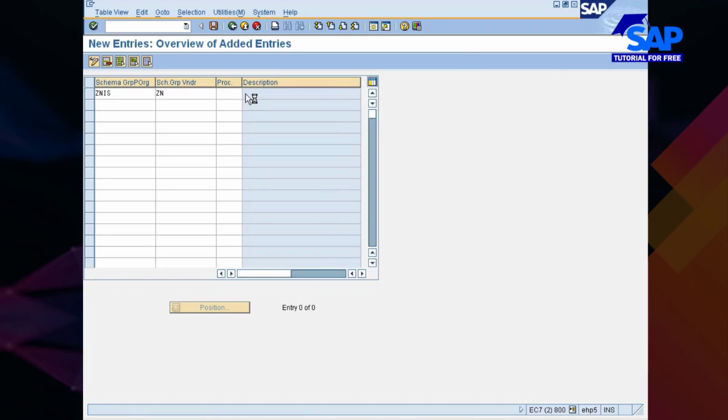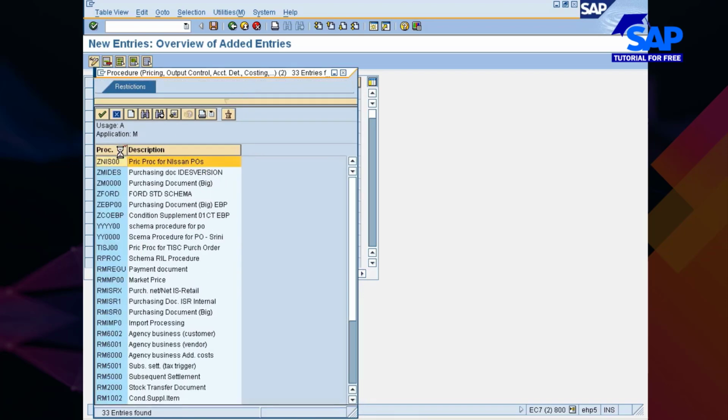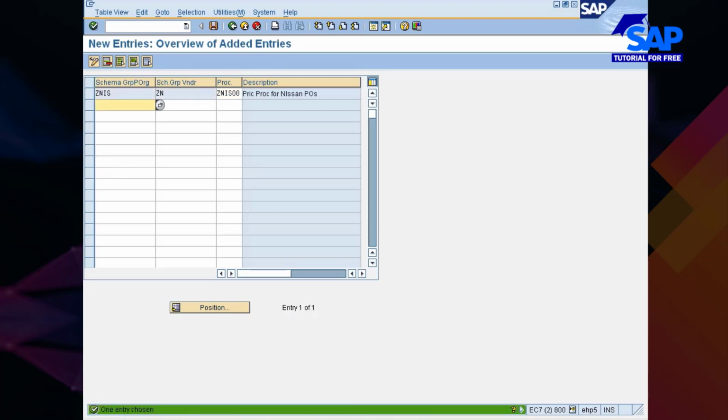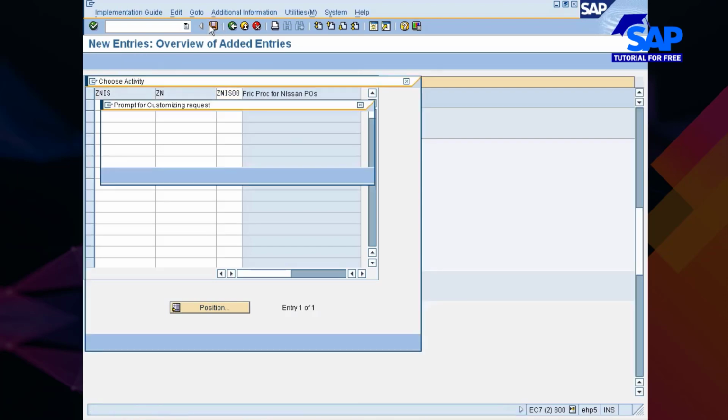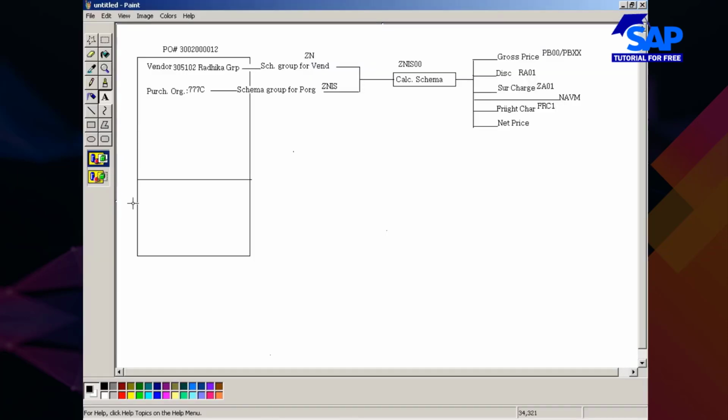You make a link between all these three. Okay, ZNIS00. Hit enter and then you save it. Right, now look here, I have established the link between these three, ZN, ZNIS and ZNIS00.